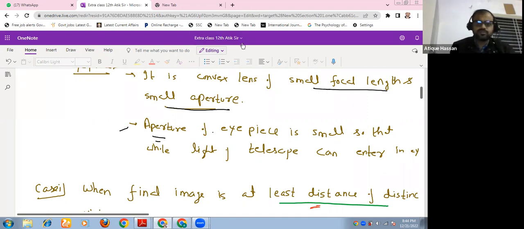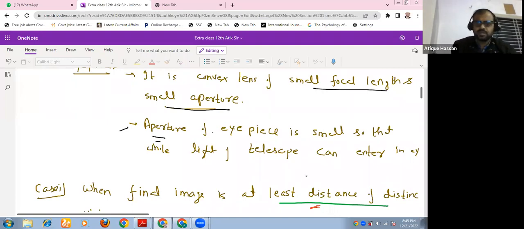So if it is of comparable dimension with the eye, what will happen? Whole of the light entering from the objective and to the eyepiece will be received by your eyes, right? There is no mismatch in this size, so whole of the light coming into the eyepiece